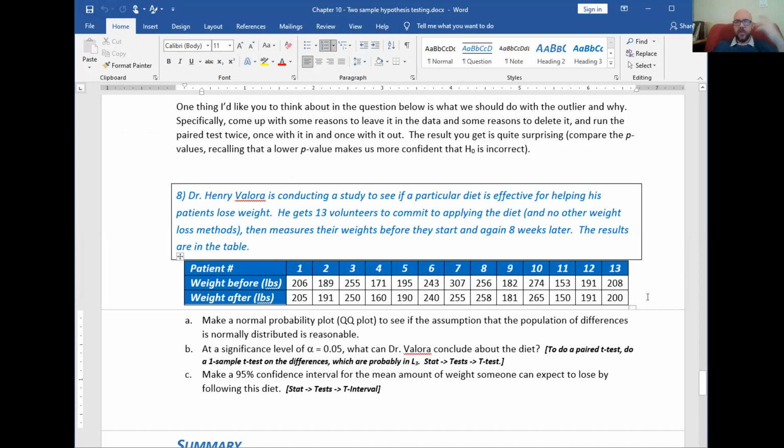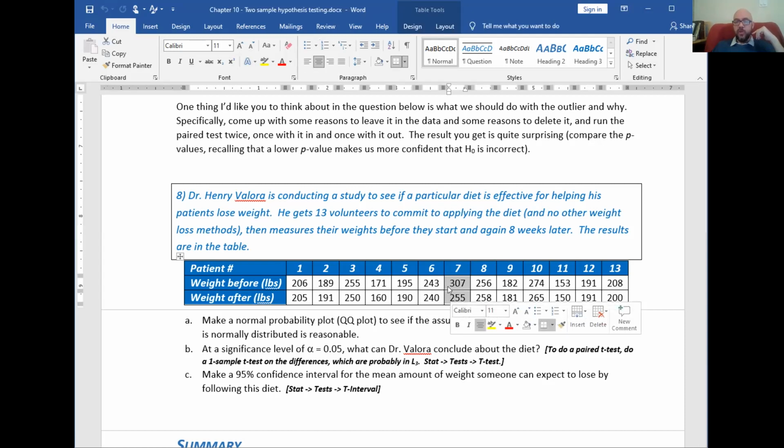Over the 13 people, they lost a grand total of 93 pounds, 52 of which were this one guy. So this one dude has more than half of all the weight lost in the study. In other words, he lost more weight than everyone else combined. So when we throw him out and rerun the test,